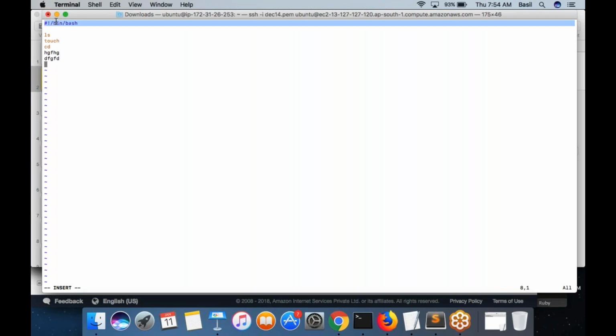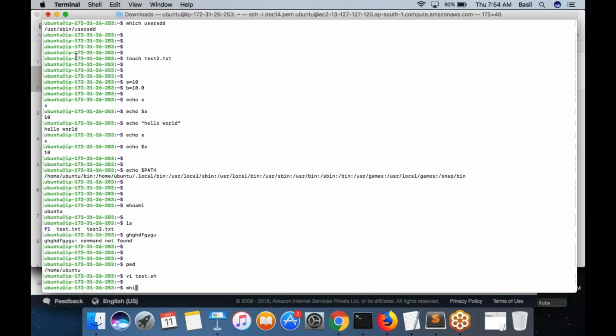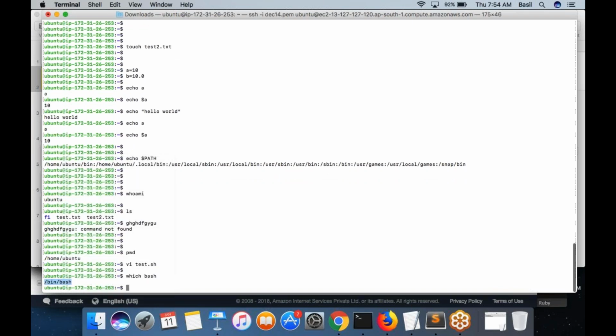So the first line should be in which shell these commands are going to get executed. So I mention the name of the shell. It is /bin/bash. Even if you want to find out where exactly bash is located, you can again use the command which bash, which would show you where exactly your bash shell is located. That name you need to put as the first line in your script. In this syntax, put a hash, then exclamation, then /bin/bash. Okay, simply I want to run a single command, echo hello world.